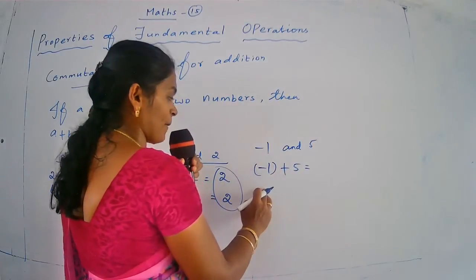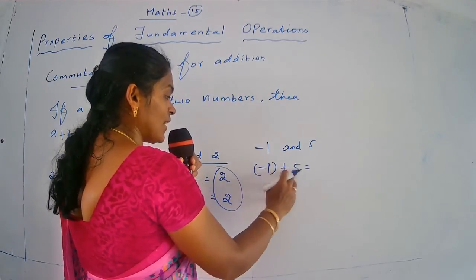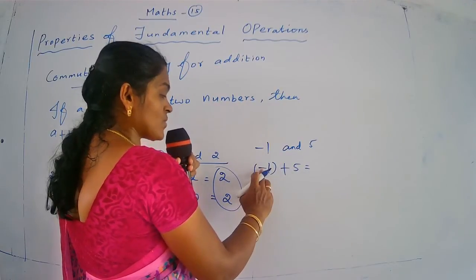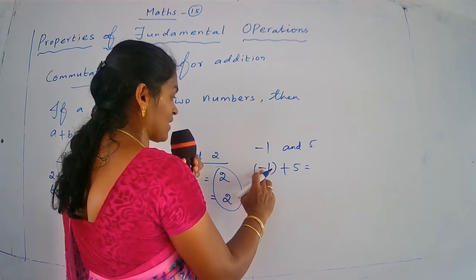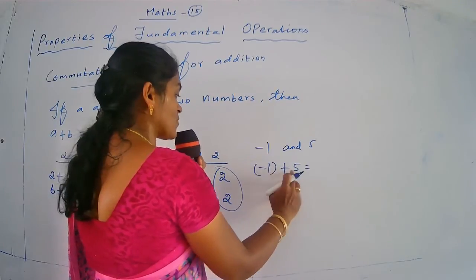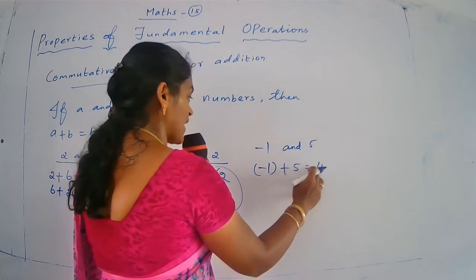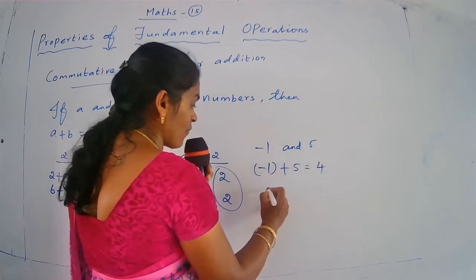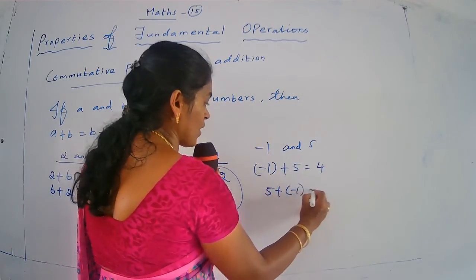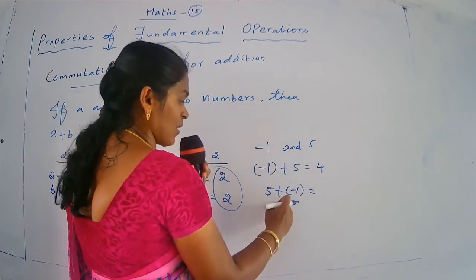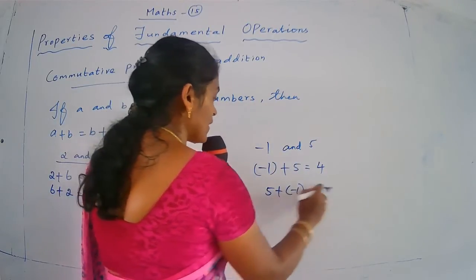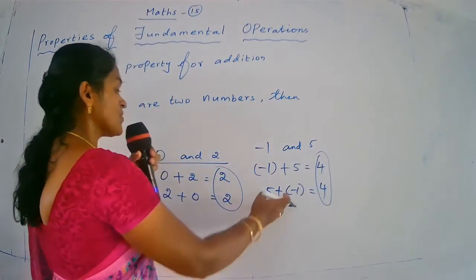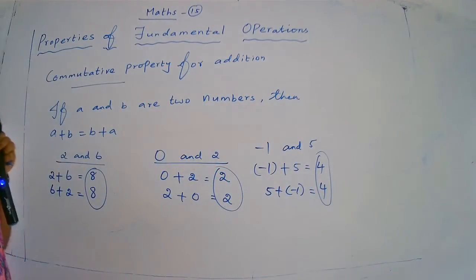Okay, children. Now let us take two rational numbers. First we did natural numbers, whole numbers, integers. Now we have to take rational numbers. Let us take two rational numbers. One number is 1 upon 5 and another number is 2 upon 5. Now we add 1 upon 5 plus 2 upon 5. What is the answer? You see the denominators are the same, so we add the numerators. 1 plus 2 upon 5, so your answer is 3 upon 5.